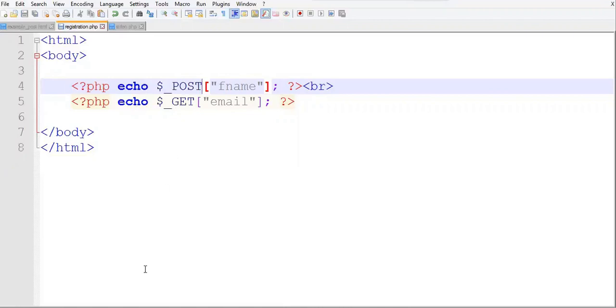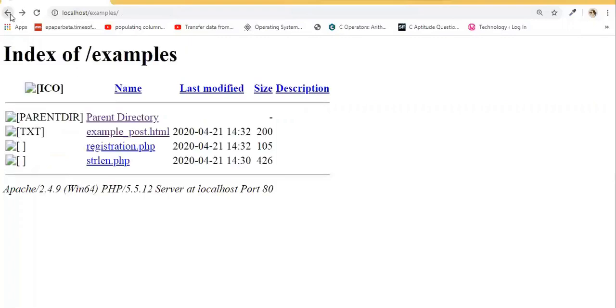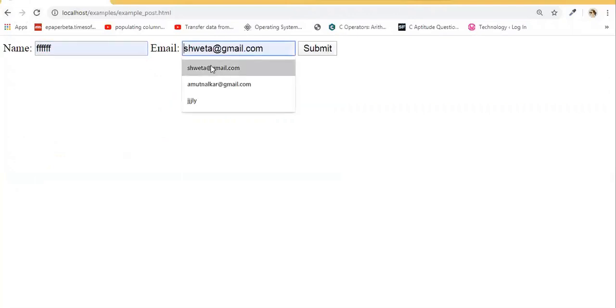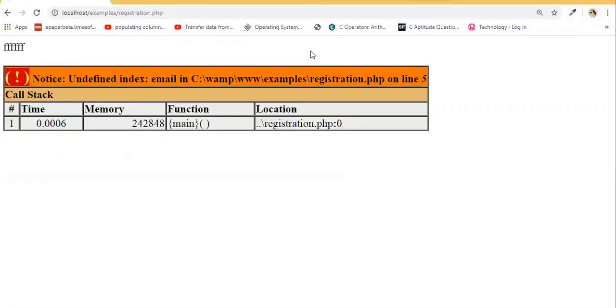Let us see what error we will get. We will refresh this. So we are getting the error, but the name property is getting displayed and the email property is not getting displayed. It is displaying the error here on line 5.